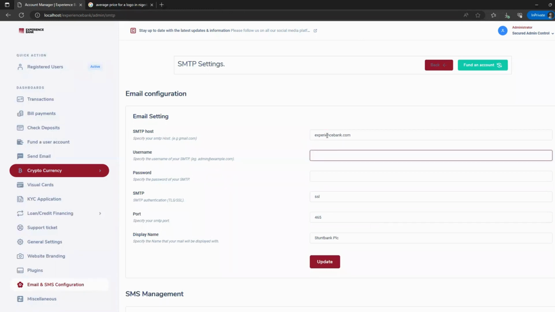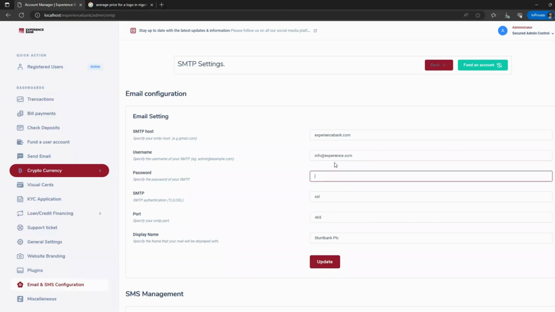Say we want to use info, the email that would be our official mail that sends our mails out, and then the password of that email. Currently, this email has not been created, but we can also fix the password of that email and then just change